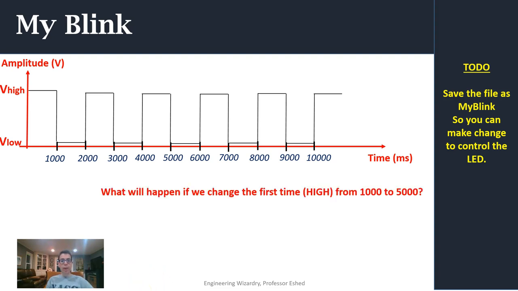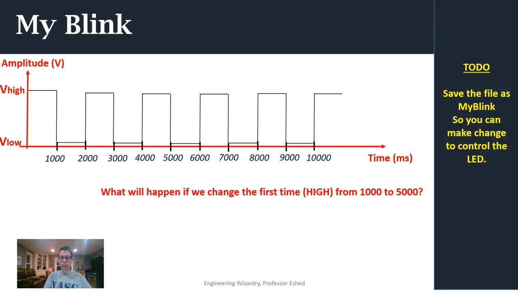And what's going to happen? Let's see what's going to happen if we change the first time, the high time, from 1000 to 5000. Any place on your code, you can go ahead and find that first 1000 where it says delay 1000, the first one, and change the 1000 to 5000. Go up on top to the green command bar, click the verify, and hopefully you didn't get any red errors. You shouldn't. And then click the right facing arrow, the upload, and you'll see a couple of more LEDs turning